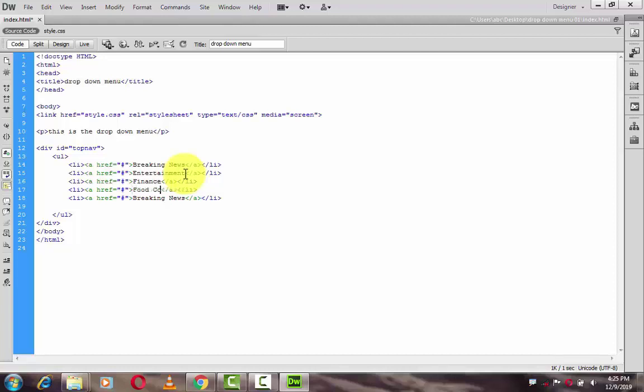So I write first the breaking news, second is entertainment, third is finance, fourth is food cooking, and fifth one is lifestyle. And again I copy paste it, and I create another div here, another drop down menu. So I change here that is news, and next I create our politics, and next is